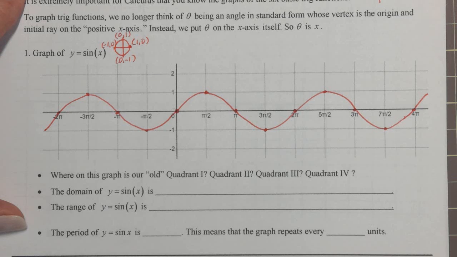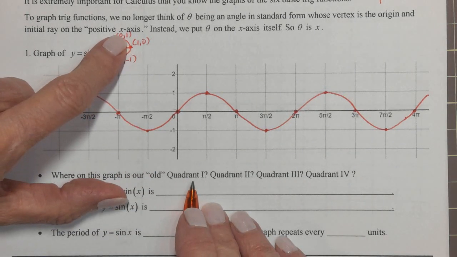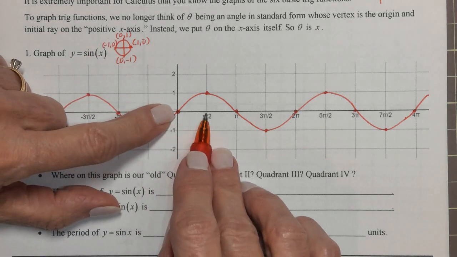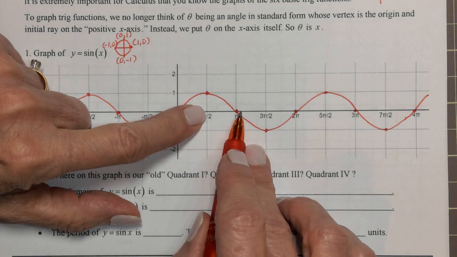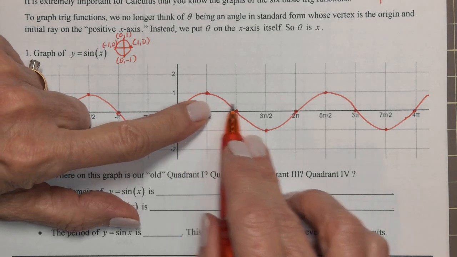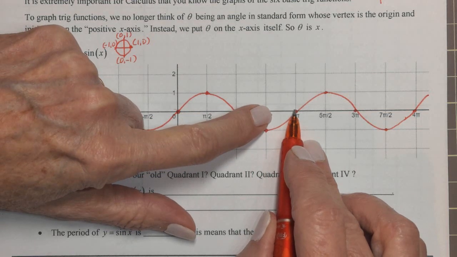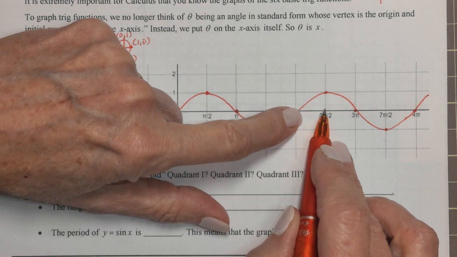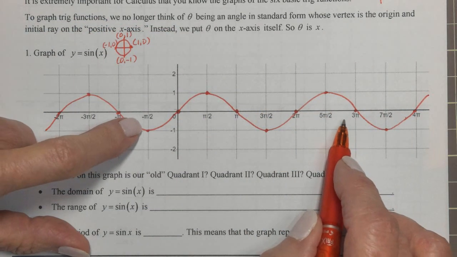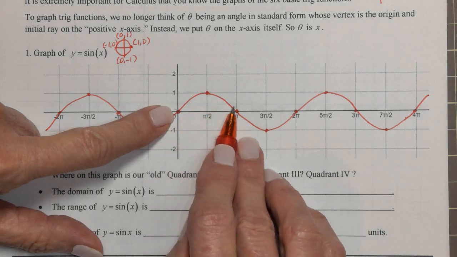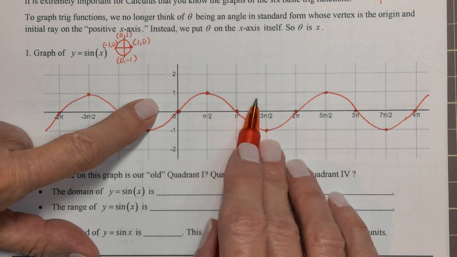So where on this graph is our old quadrant 1? Well, quadrant 1 is between 0 and pi over 2, right? Between 0 and pi over 2, we're in quadrant 1. Between pi over 2 and pi, this is quadrant 2, quadrant 3, and quadrant 4. And then it repeats itself. Now we're back to quadrant 1. Quadrant 2, quadrant 3, quadrant 4. Repeats itself. So sine is still positive in quadrant 1 and quadrant 2, and then sine is negative in quadrant